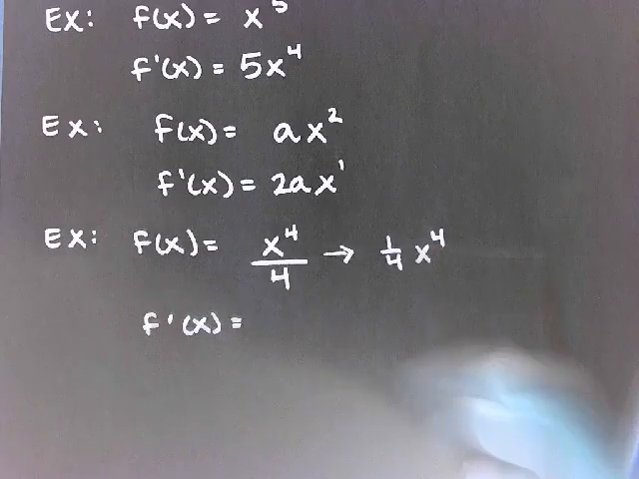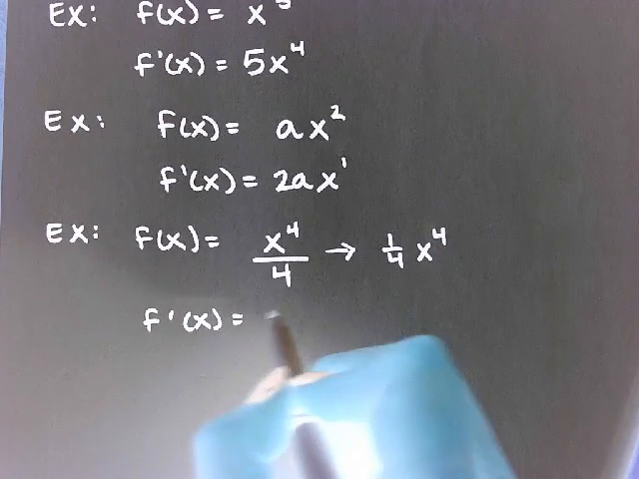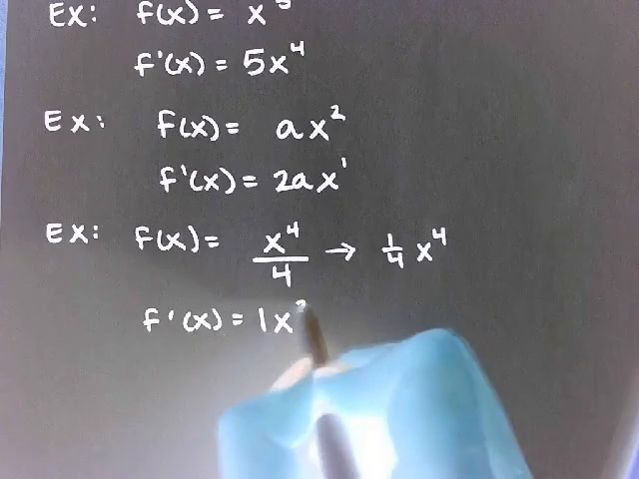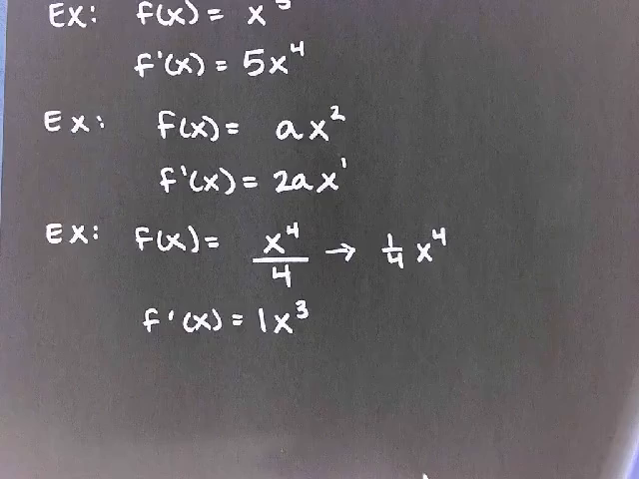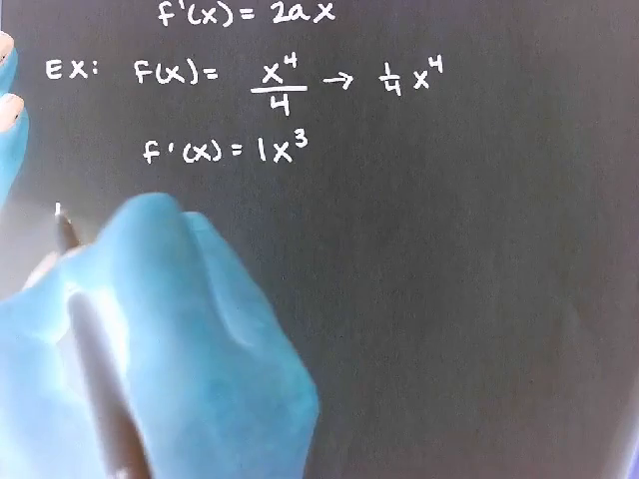So we bring the 4 to the front. 1/4 times 4 is just 1. So we've got 1x to the third, or you don't even need the 1 on the front. You could just say x to the third. All right, what if I have